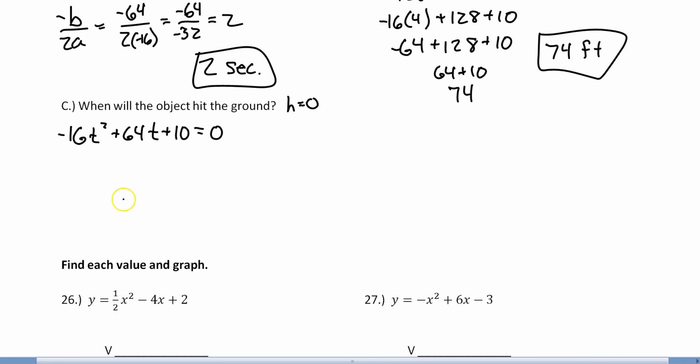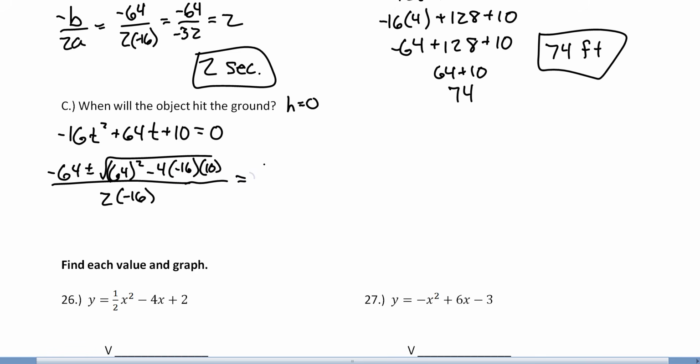I'm going to go right to the quadratic formula here. So it's opposite of b plus or minus the square root of b squared minus 4 times a times c, all over 2a. And now I just start simplifying. And really this one, I definitely need a calculator for. I was going to need it either way, but especially on this one, most of us don't even know what 64 squared is off the top of our heads, so I plug it into the calculator and it spits this out. And then plus 640